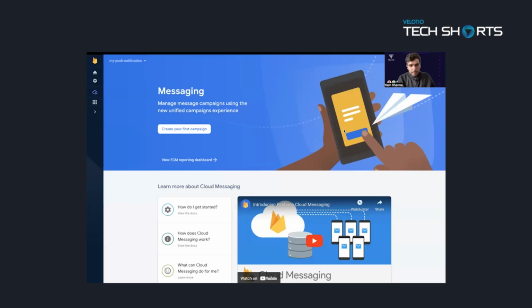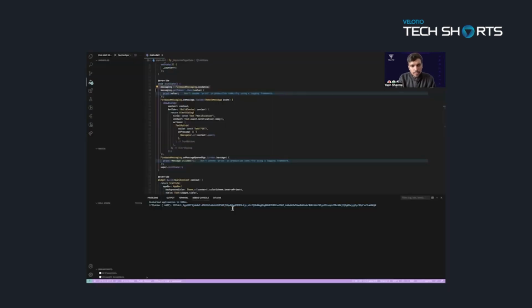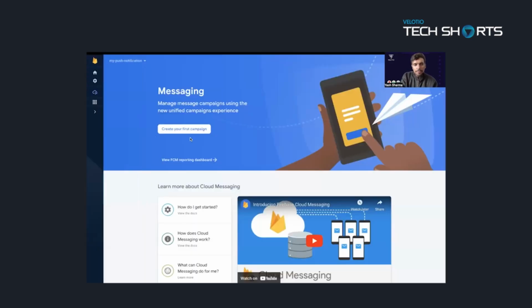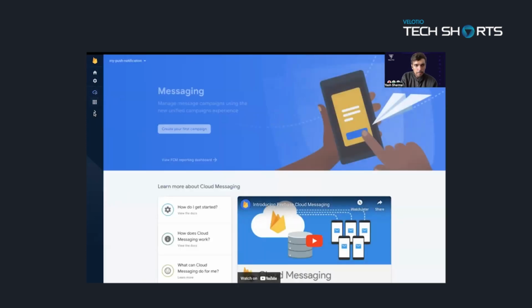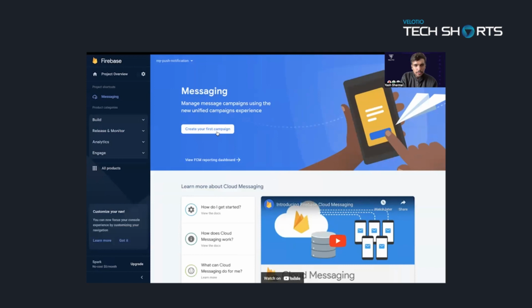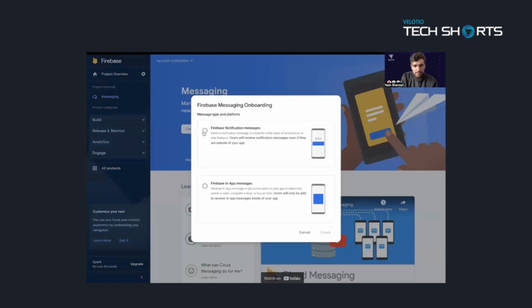I'm restarting the app. Here we have the token for this device that I'm using. Once we have the token, just go to the Firebase console. Inside that, you have to go to messaging, and then you need to create your first campaign. Select Firebase notification messages,